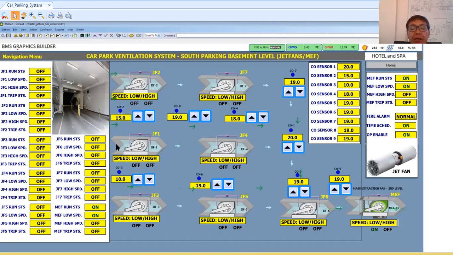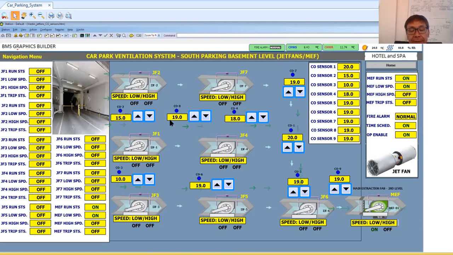Meaning, my DDC gives an analog output of 10 volts: 5 volts for 25 hertz, then 10 volts for 50 hertz, because the frequency in Qatar is 50 hertz.